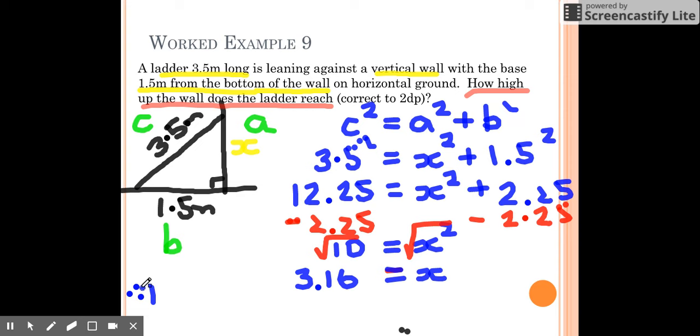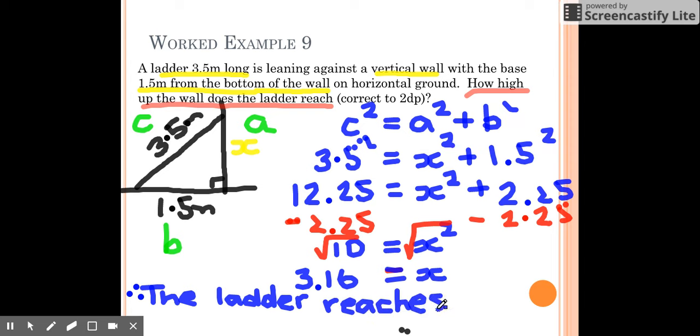Therefore, the ladder reaches 3.16 metres up the wall. And I've managed to answer